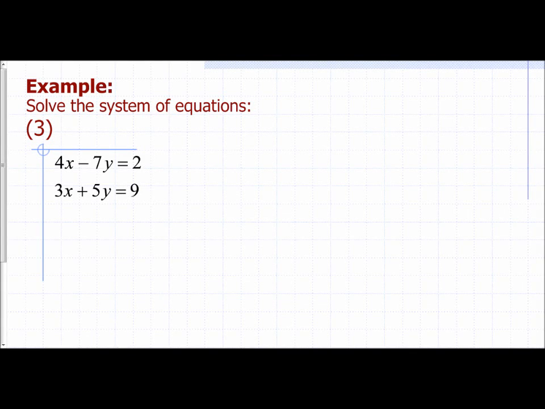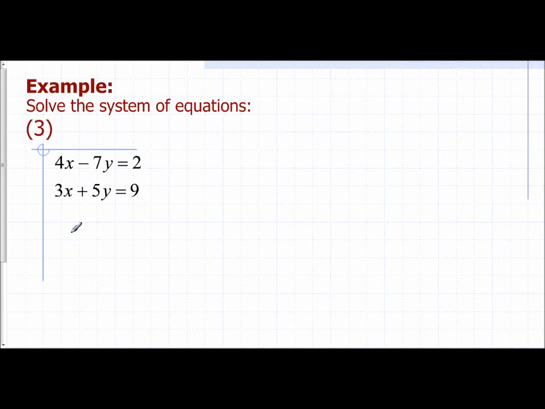In the following video, we're going to do an example on how to solve a system of equations by using inverse matrices. In this problem, we have the system 4x minus 7y equals 2 and 3x plus 5y equals 9. The first thing I want to do is set up this system as